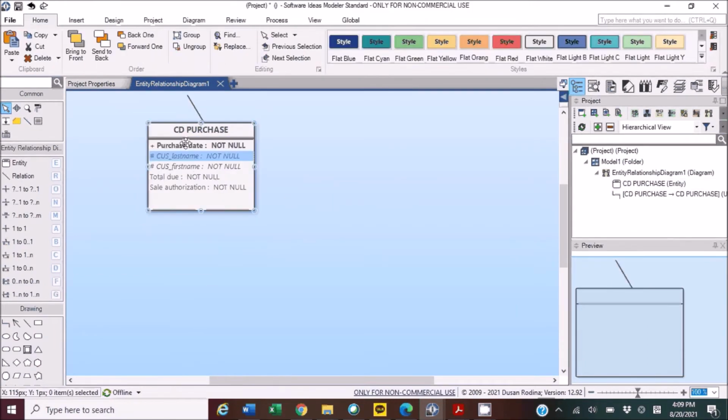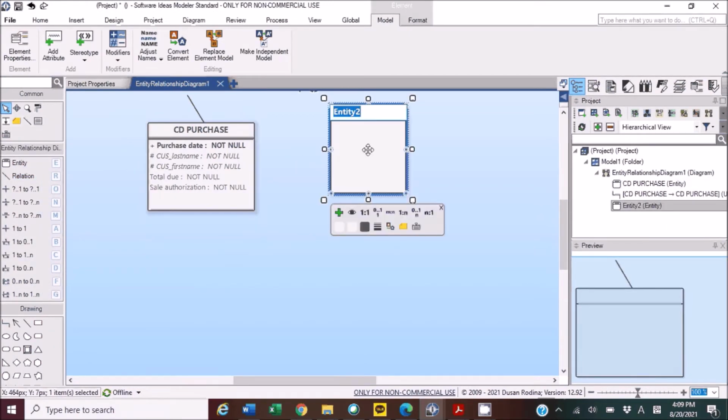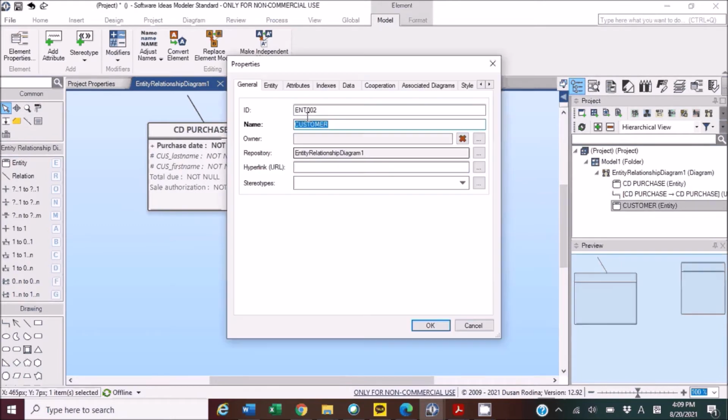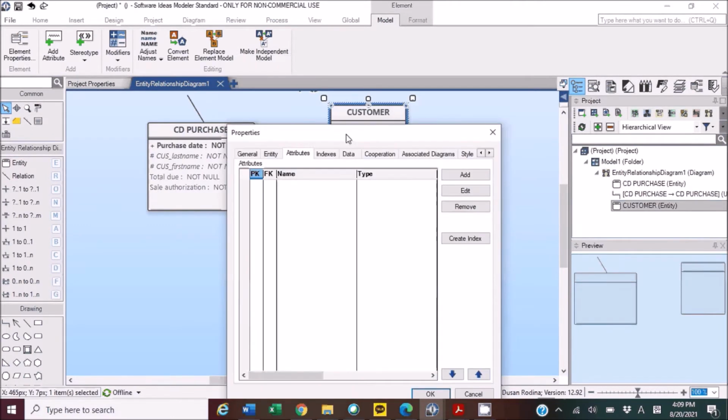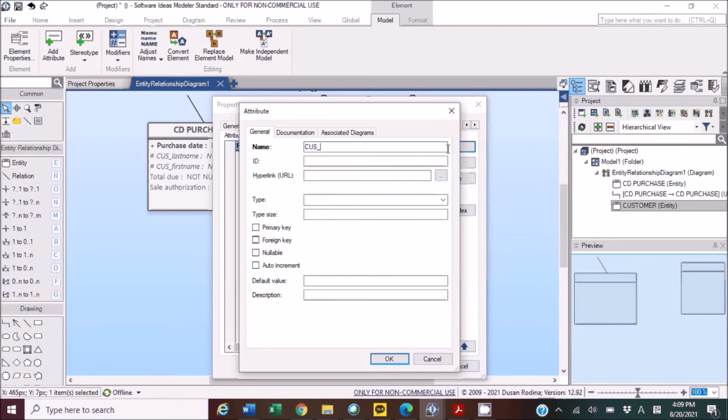All right, and now you have this data type. So now you have this entity here. And what about the next one? The second entity is customer. If you double click this, you can specify the attributes, right? Click add, customer last name,